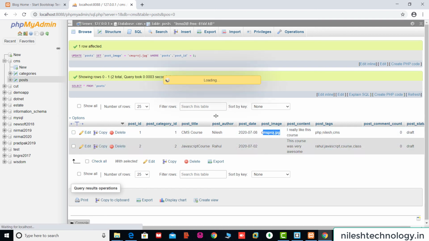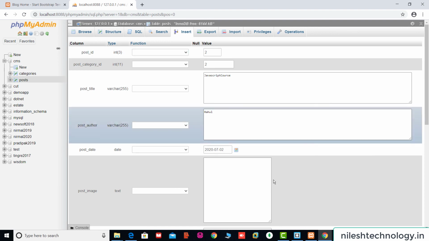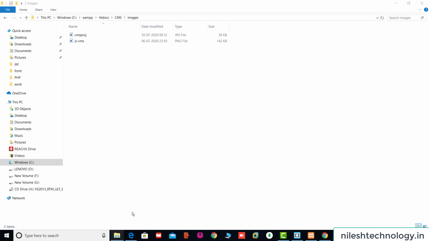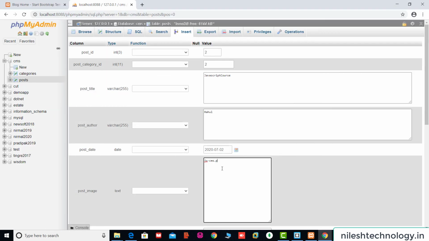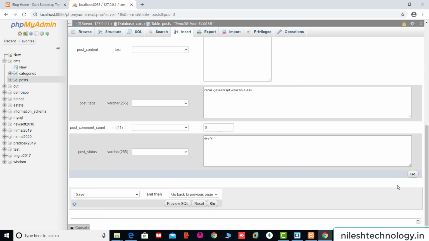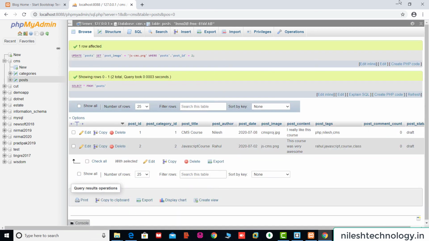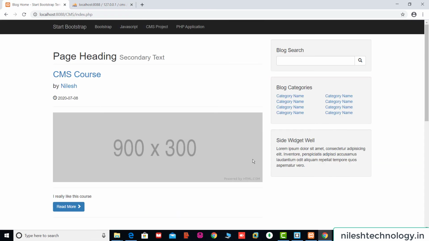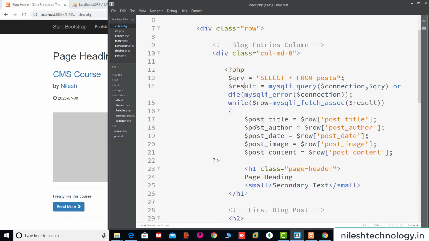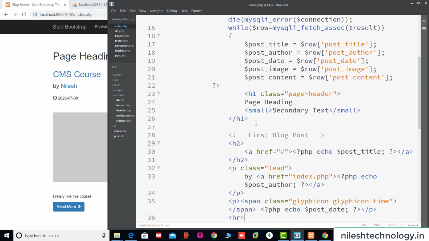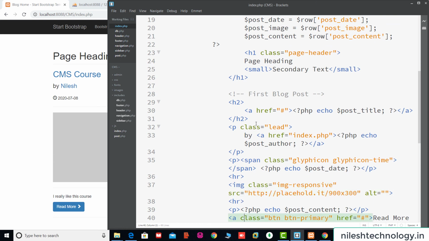Again select the second row and the second image is JS CMS and extension is PNG. Go.